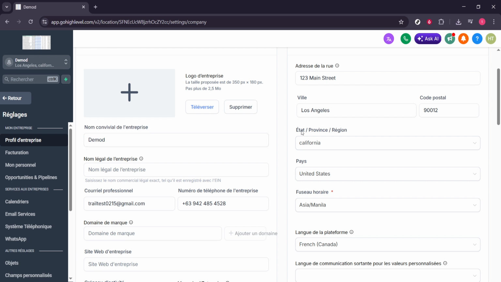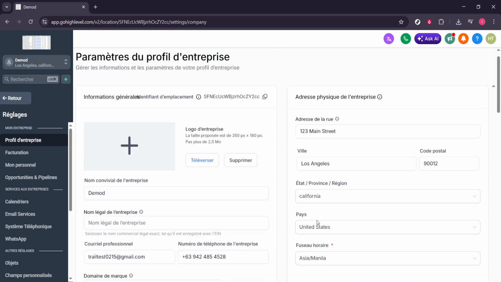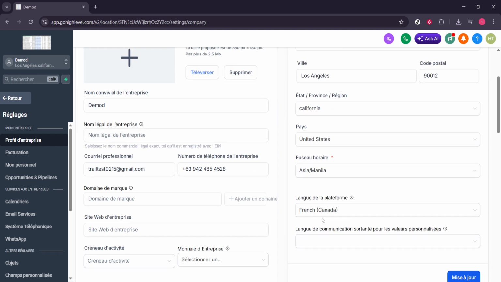And if your team works across regions, set a clear standard for the chosen language so everyone has a consistent experience. That's all there is to it. With settings, platform language, and update, you can translate your GoHighLevel